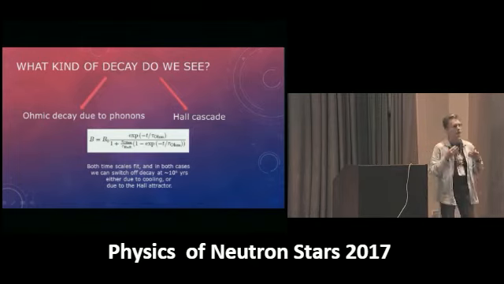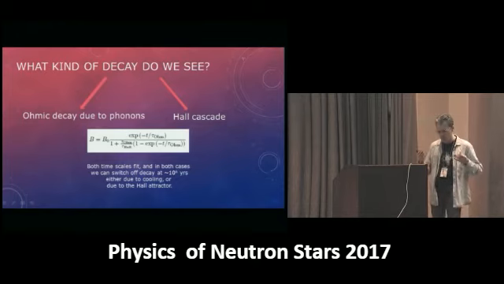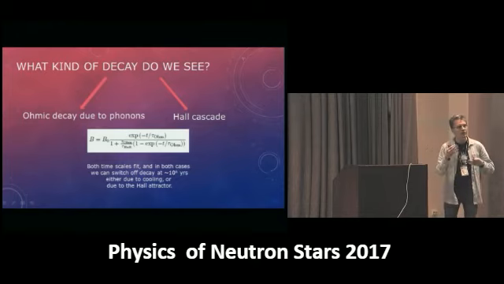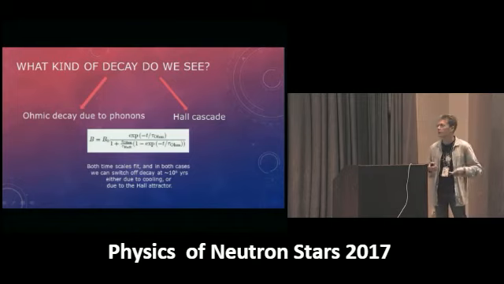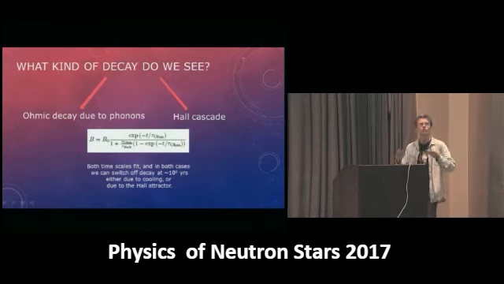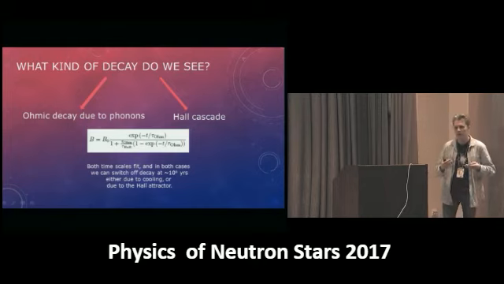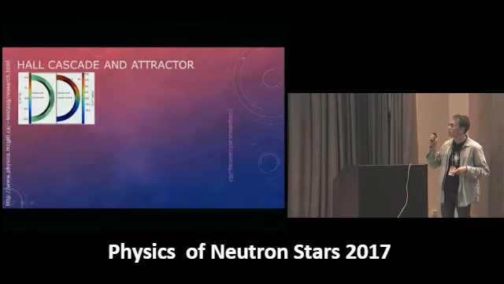Either it is just a pure ohmic decay on phonons, which exist in the crust as long as it is hot enough, when the temperature is above a few tens of million Kelvin. Or the most important ingredient which drives the magnetic field evolution is the Hall cascade, which normally is working in magnetars, but of course it can exist also in less magnetized neutron stars. Simply the time scale would be longer. For the Hall cascade,